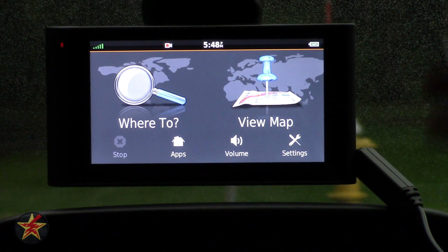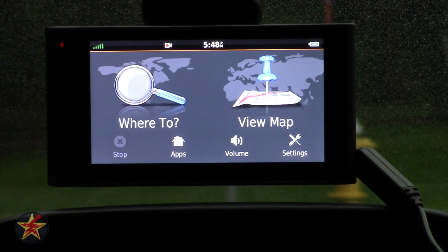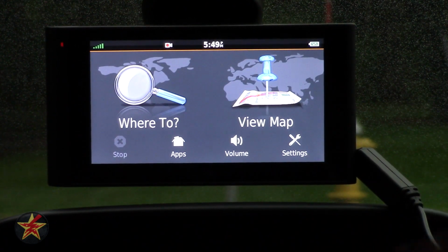In regards to, do the Garmin GPSs have access to red light camera information? And the short answer is yes and no. So what you're looking at is Garmin itself does not maintain a red light camera database. They do, however, allow you to have a subscription. They call it Garmin Safety Cameras, which uses Cyclops database in order to tell you when you're approaching a red